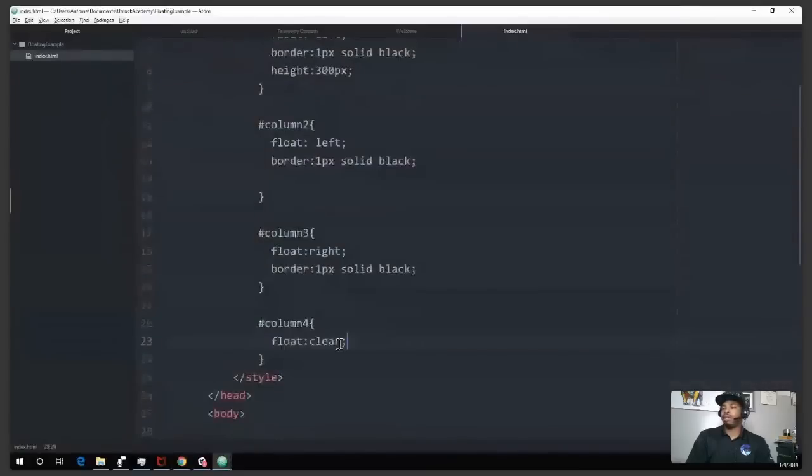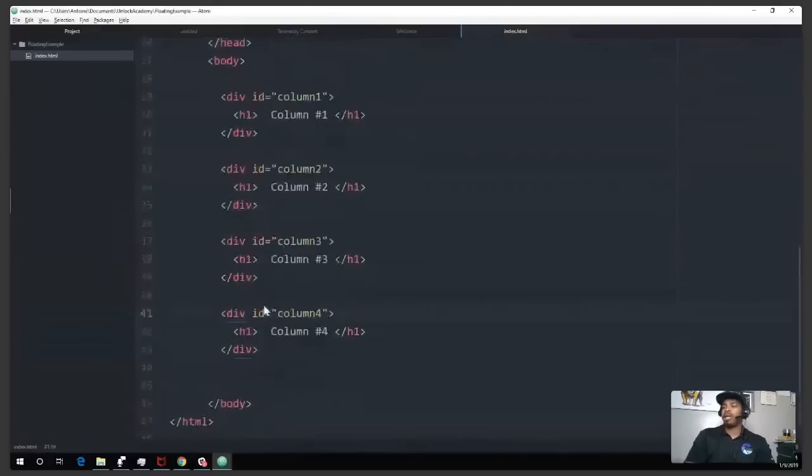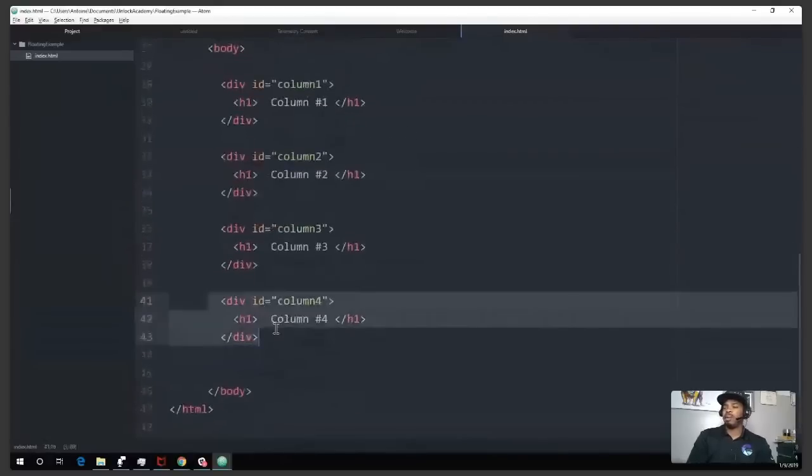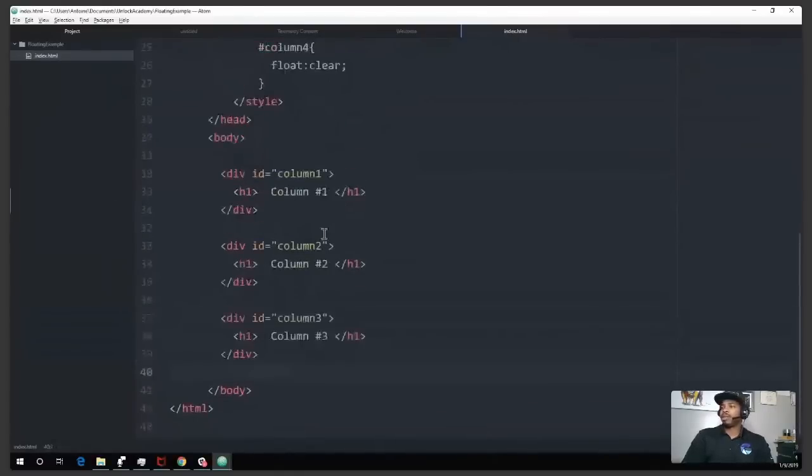And it will put it on a separate line, but for some reason, float 1, float 2, float 3, column 4 isn't working. Let's not even focus on that right now. I could be debugging for 5-10 minutes. I don't want to do it. I want to make sure you guys get the lesson. So